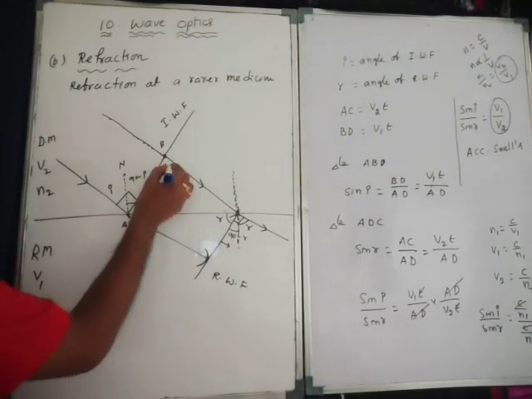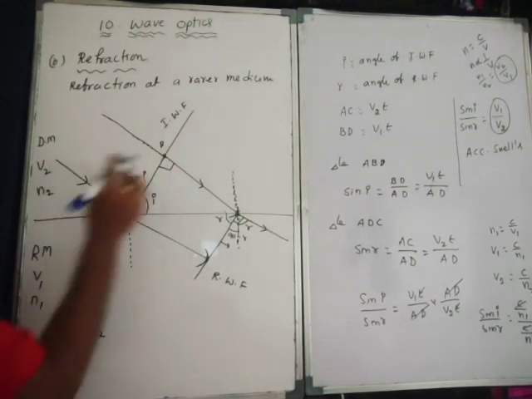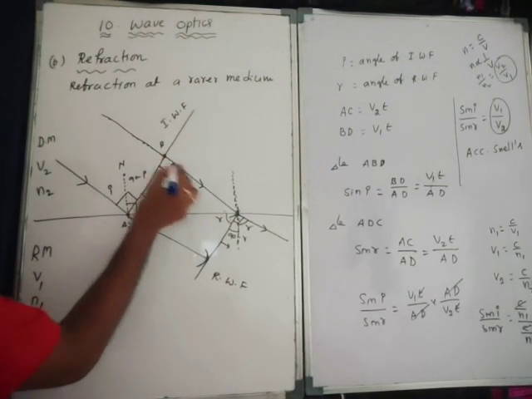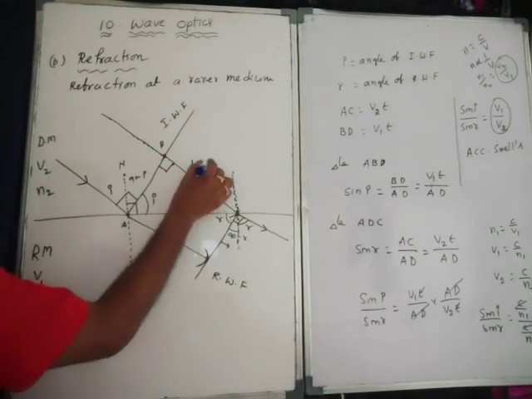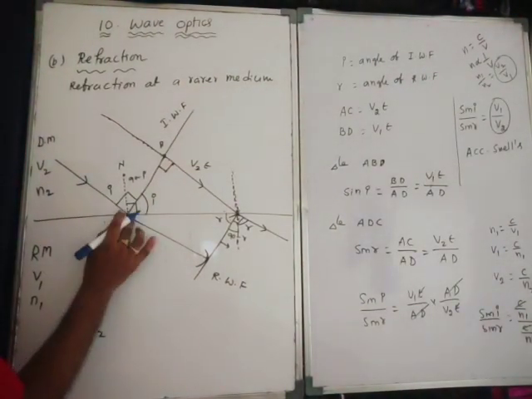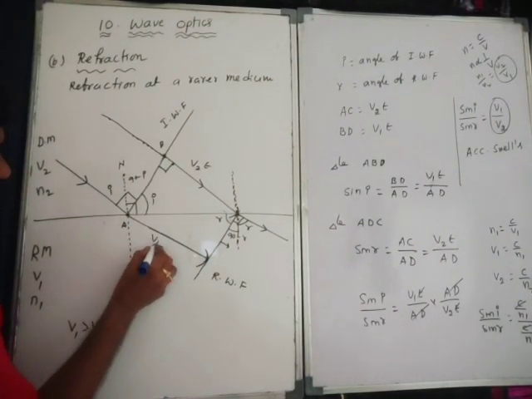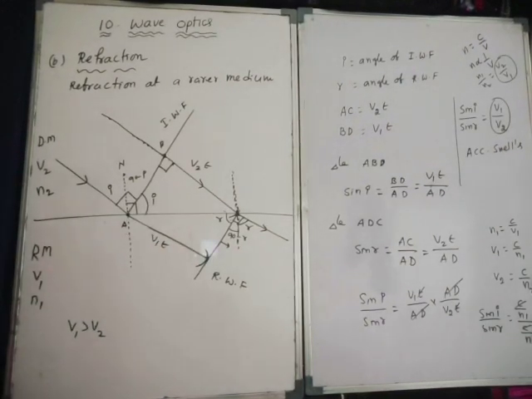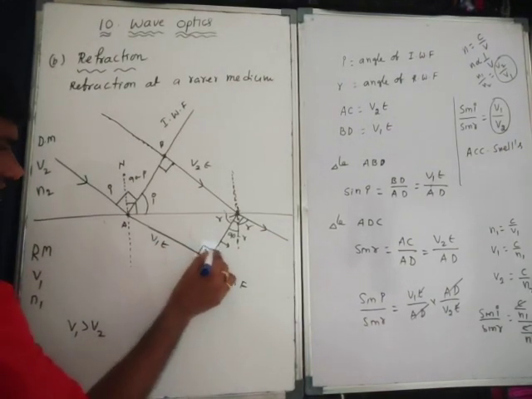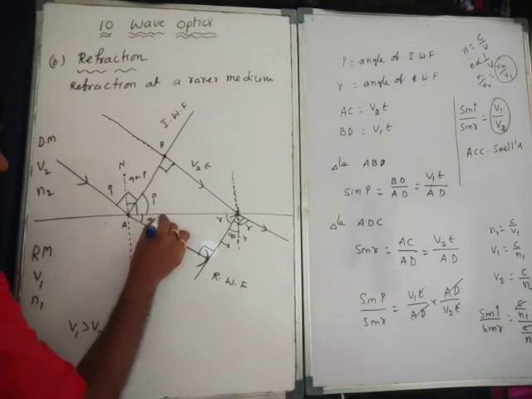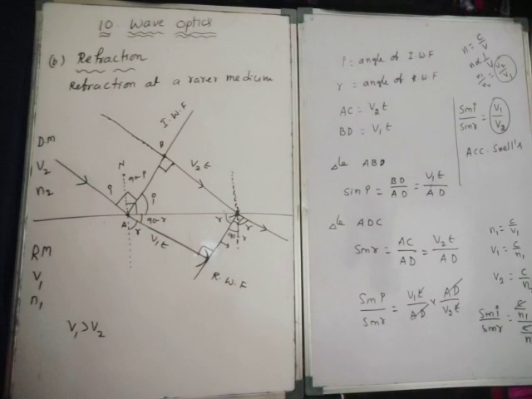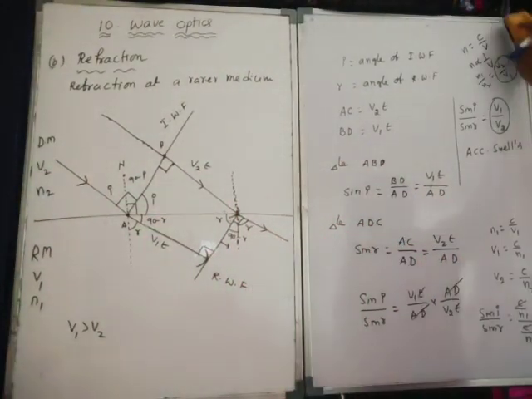So this is the incident wavefront, and this is the incident ray. Here also 90 degrees. So the distance is V2 into T, and this one, how much distance from here to here? It is V1 into T. Alright. Now here 90 minus R. Why? Because this is the angle of refraction, that is R. Everything is fine. This is the diagram, the same concept. So angle of incidence, angle of refraction, everything is fine.